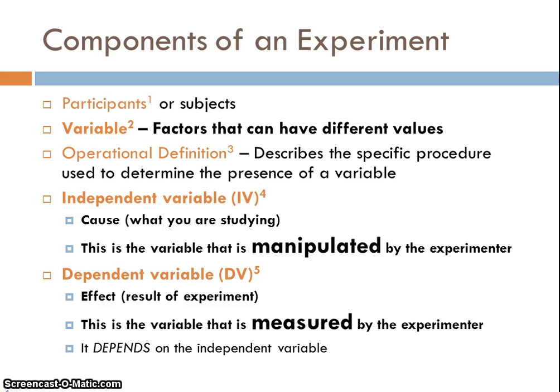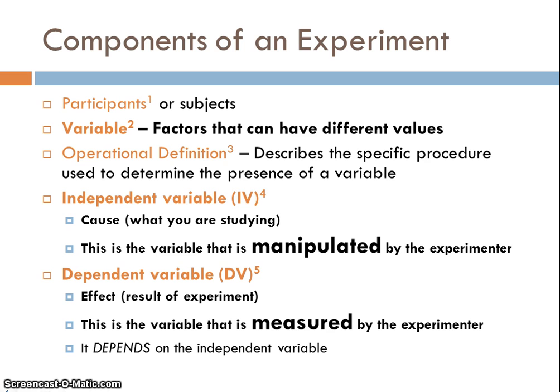And again, you have to give them informed consent. Second part are the variables. These are the factors that you as the researcher are studying. Again, we need to make sure that we operationally define our variables. It's important that we do this so that other researchers can come behind us